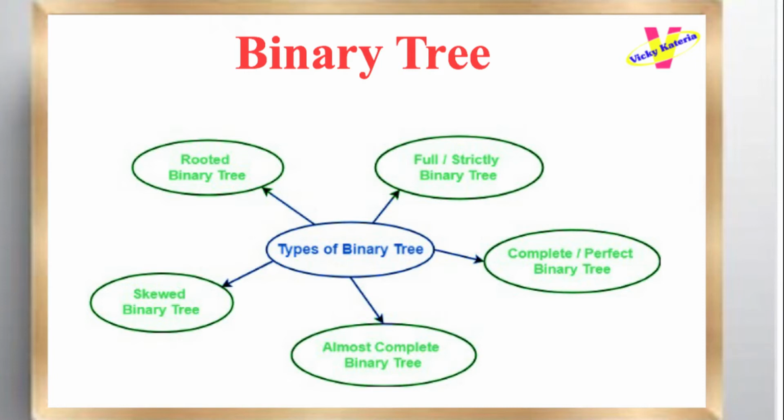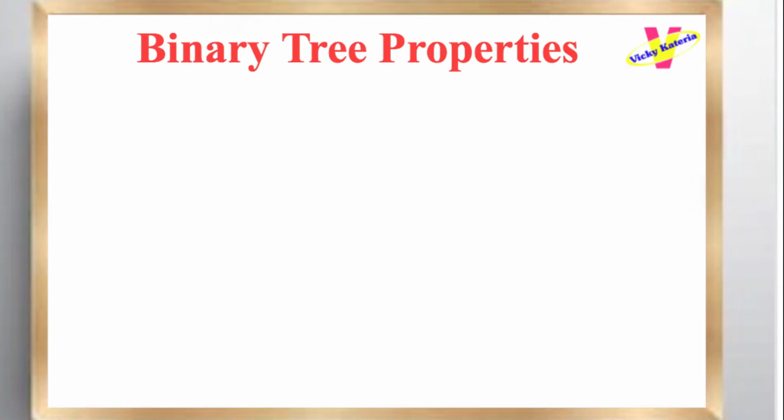We have discussed binary tree is a special tree data structure. In a binary tree, each node can have at most 2 children. There are following types of binary trees. In this video lecture, we will discuss properties of binary trees. Binary tree properties. Important properties of binary trees are: